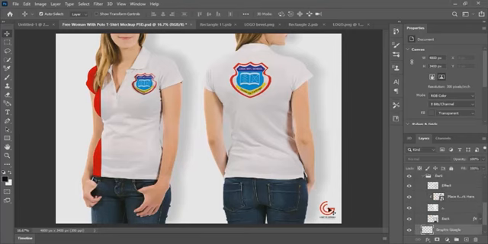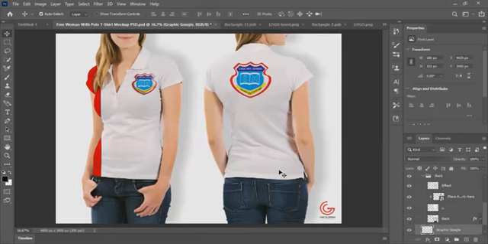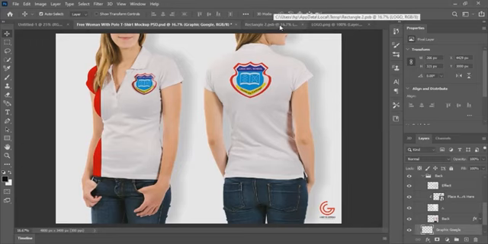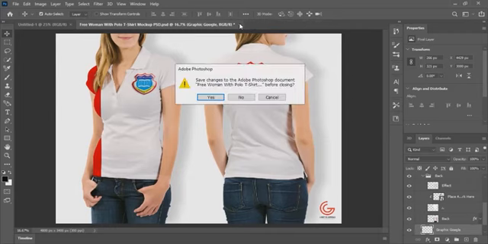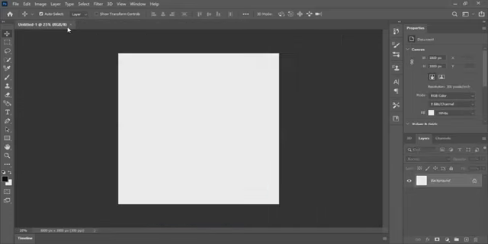All right, so let's work with something else. So let me close all of this first. Because Mockup is really interesting actually. So let's open the other one. So this other one is